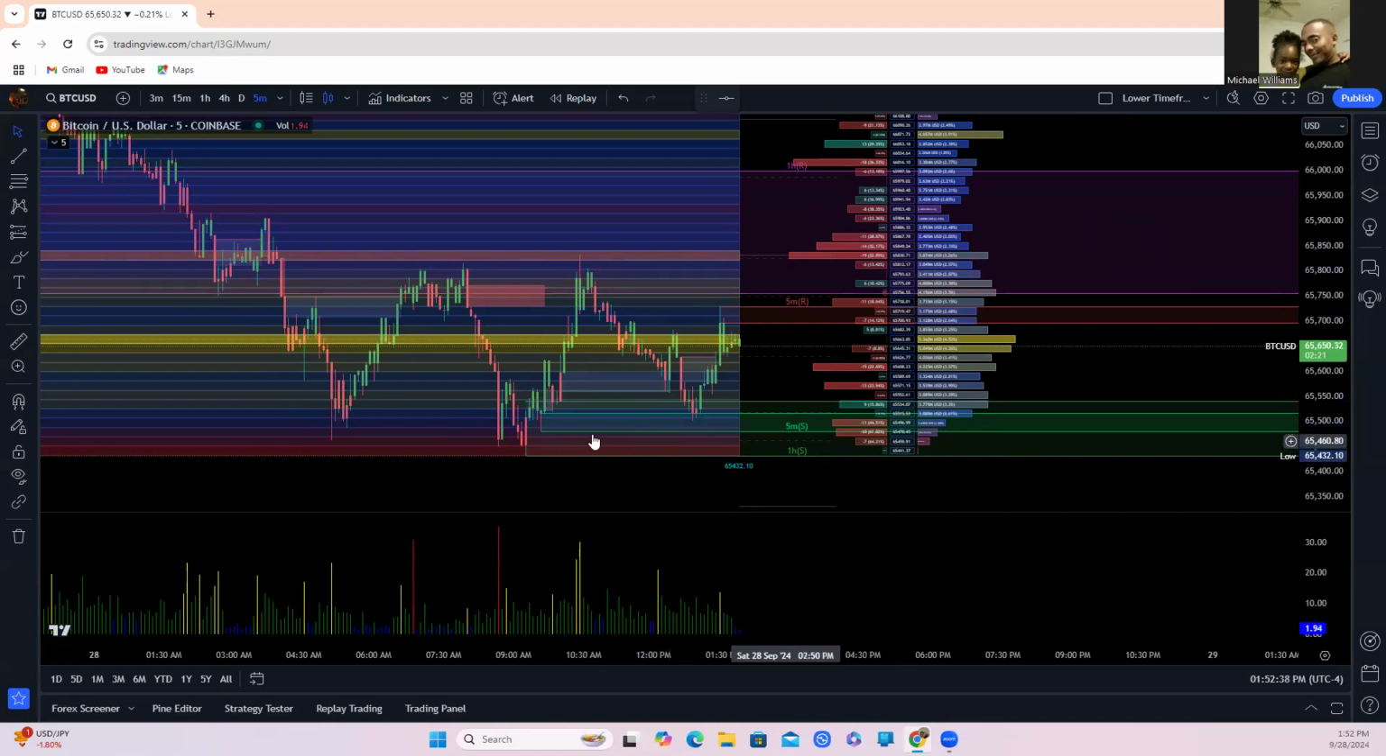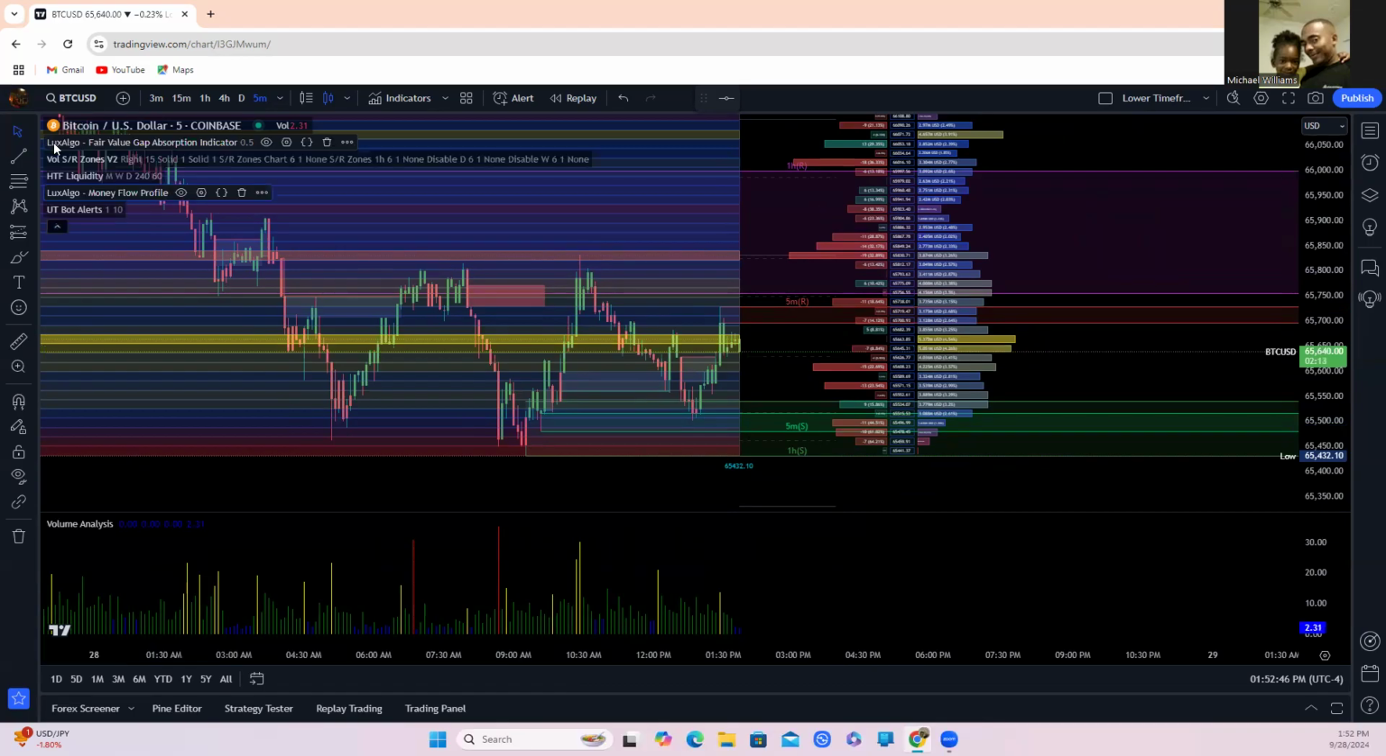When price got into a point of interest on the 1 hour. And this is just for illustration purposes. I want you to see how this works. So what I've done, utilizing the volume support and resistance zones indicator, is I tweaked it